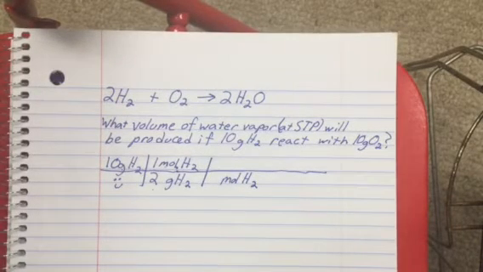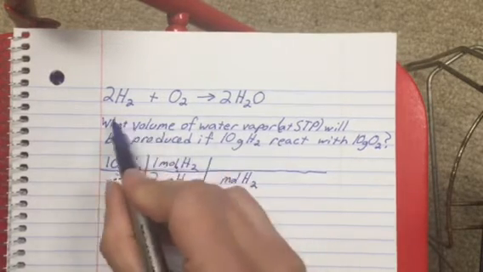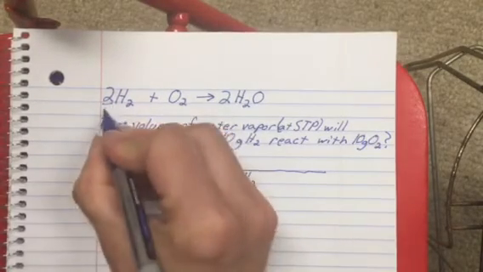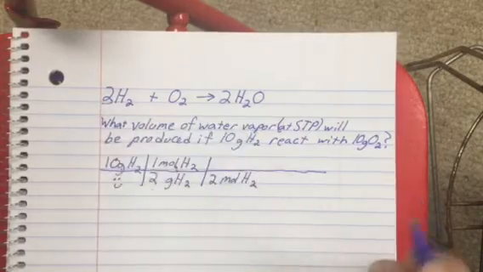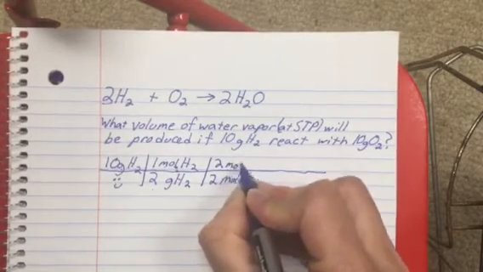Okay, and this is where we want to go through our molar ratio. We want to change over to volume of water vapor. So we come up here. We go from moles of hydrogen. There are 2 because there's a 2 in front of the hydrogen here, to 2 moles